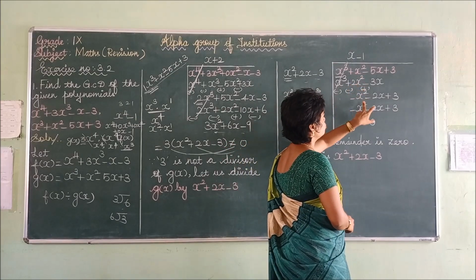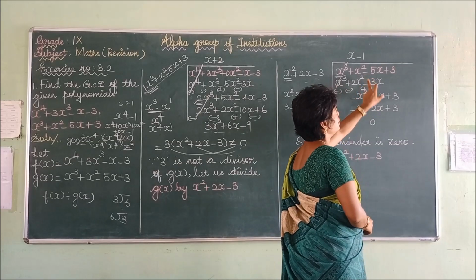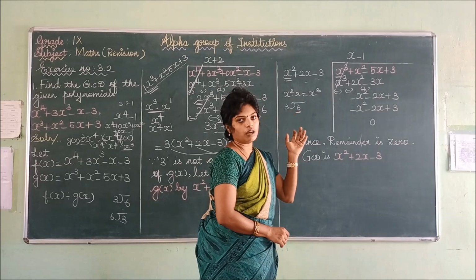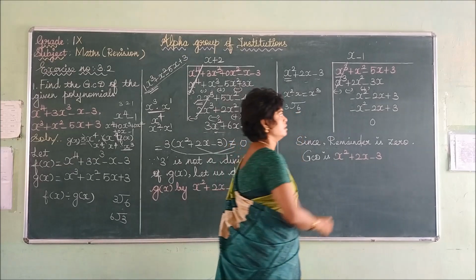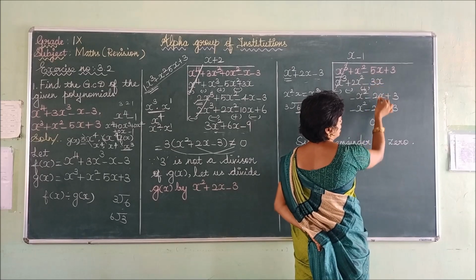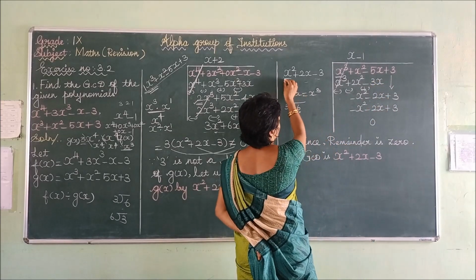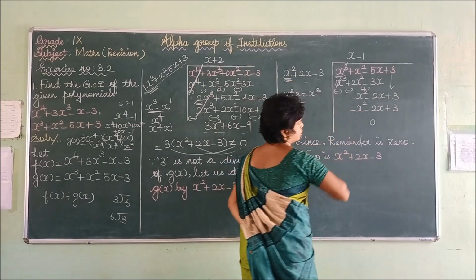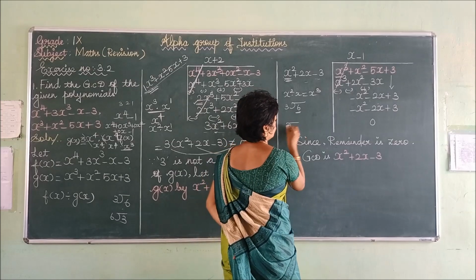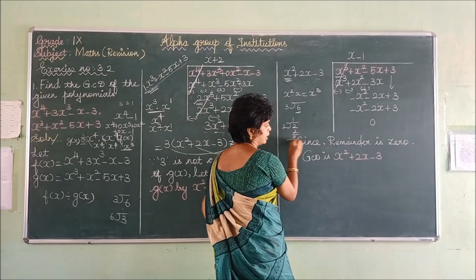So 1 minus 2 is minus 1. Minus 1 x squared. Here this is minus, this is plus. So here also the sign is different. So biggest number minus smallest number, you have to put the biggest number's sign. So the biggest number's sign is negative, put the biggest number's sign. 5 minus 3 is 2. Take the constant term down. So here the term is x squared, here also the term is x squared. So we can cancel it easily. So 2 comes in the 2 table one time. Like this you can write, no.